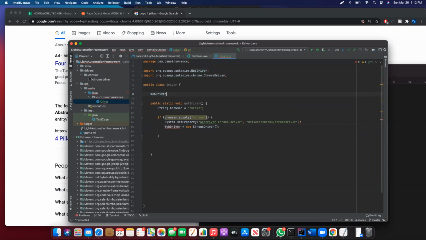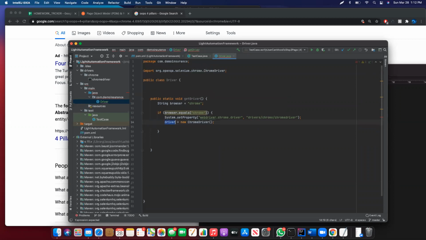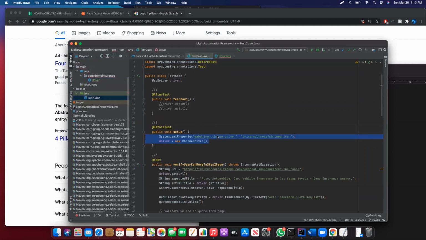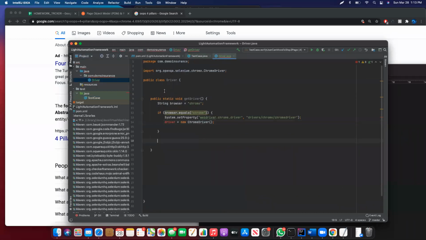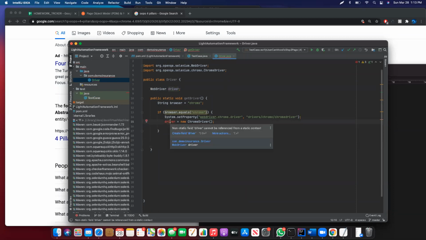Okay, so real quick, go back to our test class and see how we handled it there, so we can do the same, right? What we did, we got driver, we exposed the driver outside, and then we're calling it here, right? That's what we did. And the other one is static, so we gotta change that type. That's the problem we're seeing. So if we do this and we're still seeing this issue,